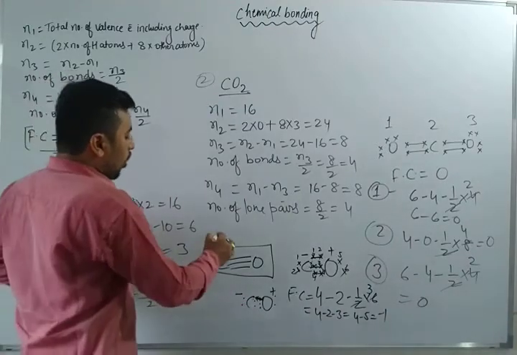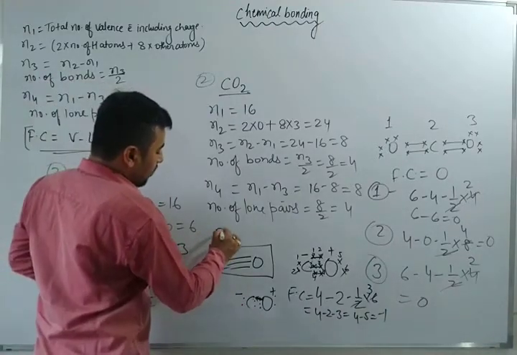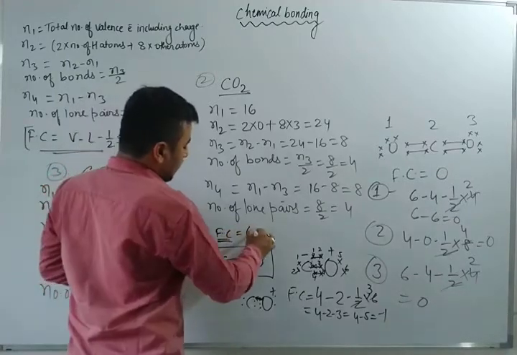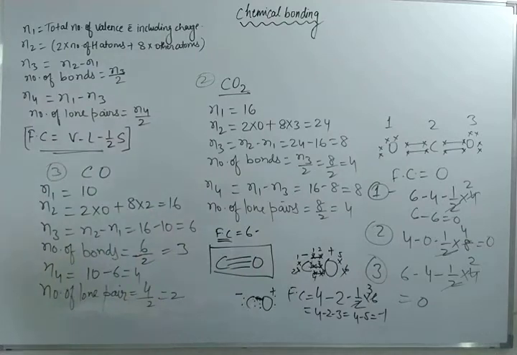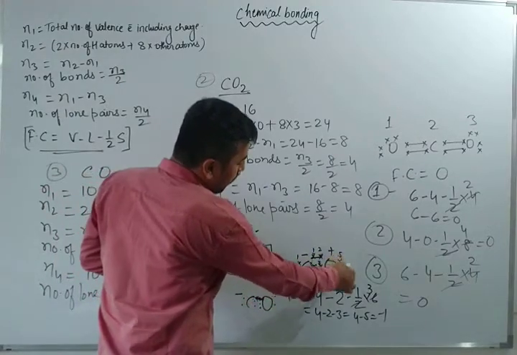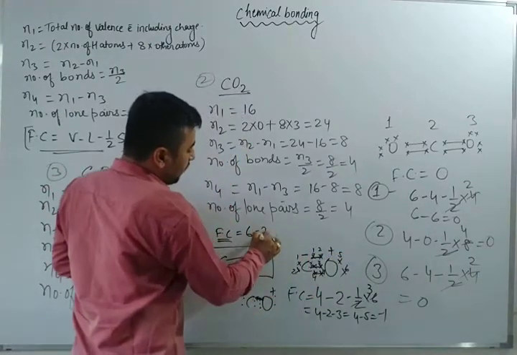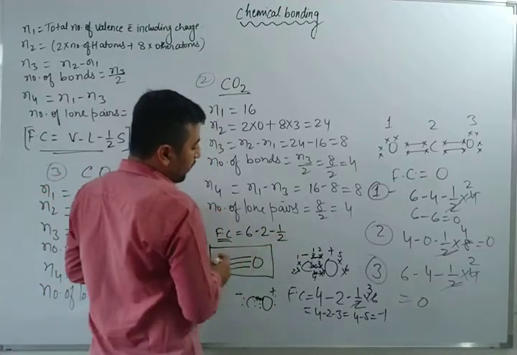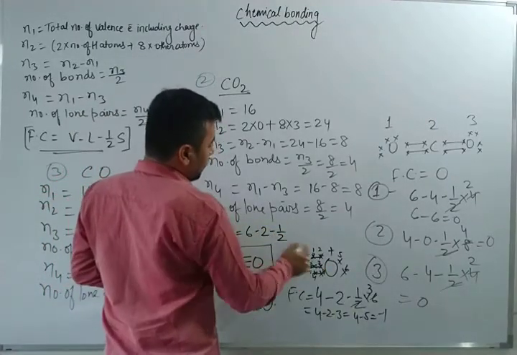If you want to calculate the formal charge of oxygen, then the total number of valence electrons is 6, lone pair electrons. Now tell me what the lone pair electrons are. Very nice answer. How many lone pair electrons are there? There is only one lone pair, as I have already told you here. See the two valence electrons and only one lone pair. So 2 electrons in one lone pair, there are 2 electrons minus half into shared pair 1, 2, 3, 4, 5, 6.